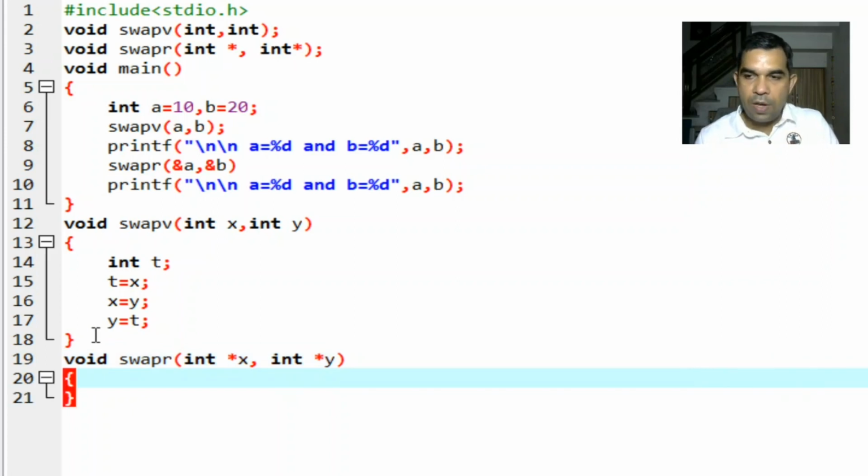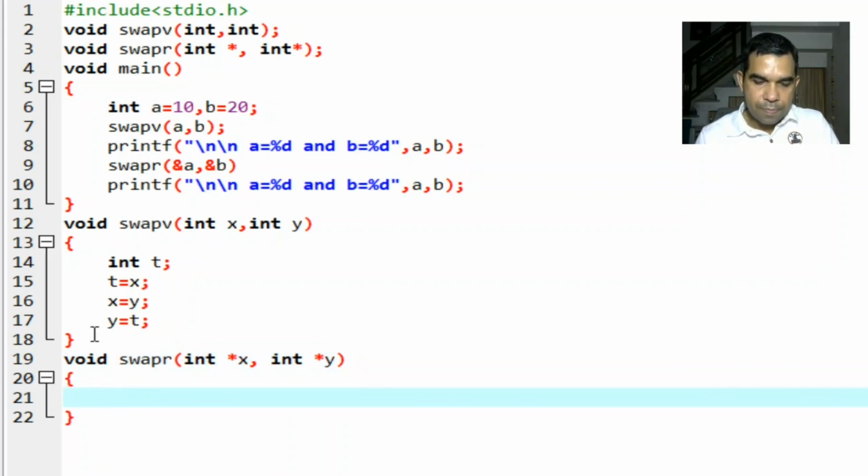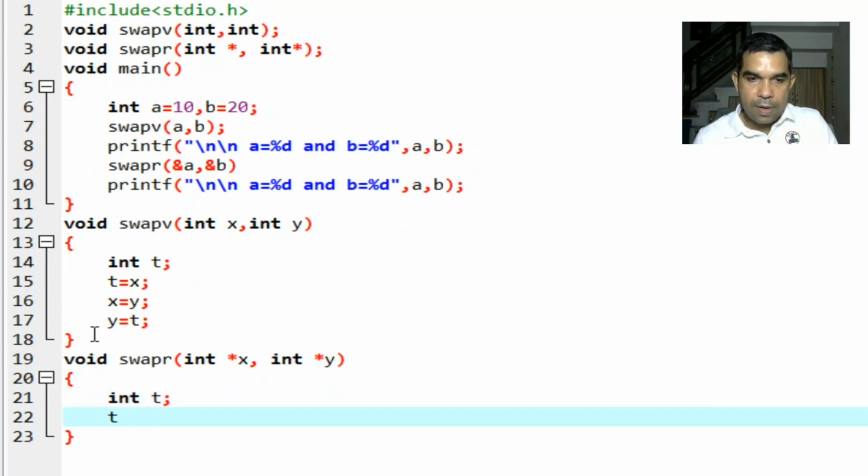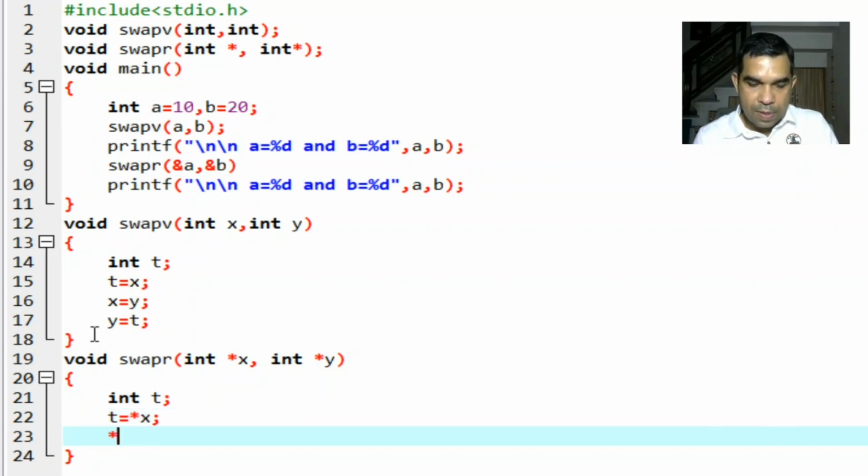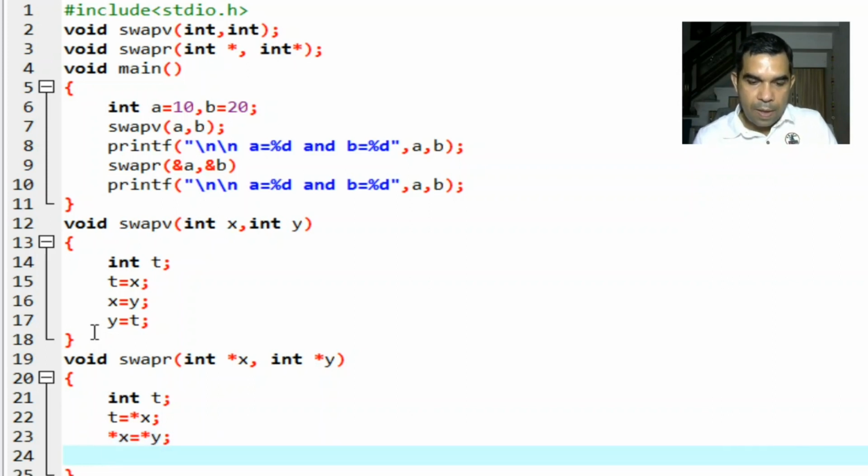Again we have the body of this function: int t, and t is equal to *x, *x is equal to *y, and *y is equal to t. So that's it. This is the whole program of swapping, call by value and call by reference.